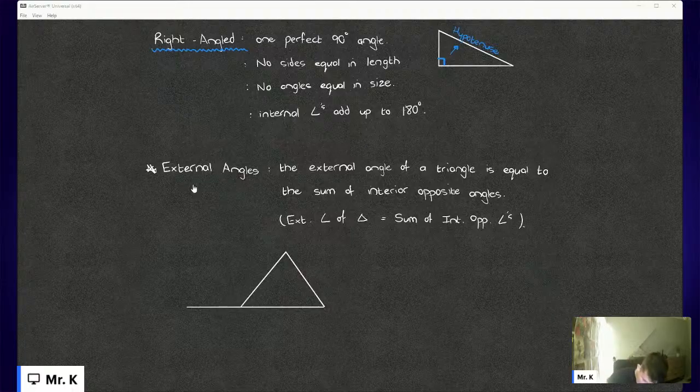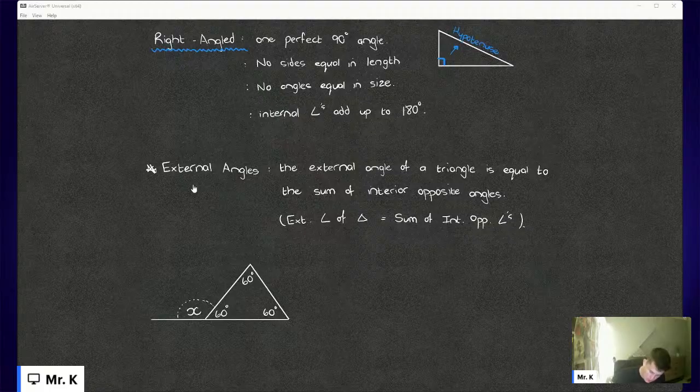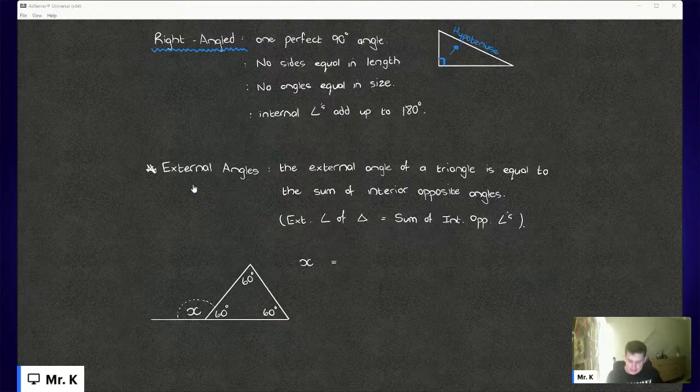Let's say this is an example of an equilateral triangle. So we have 60 degrees in all three angles, and you are asked to identify angle X, which sits on the outside over here. You would be able to say that this external angle on the outside of a triangle is equal to the sum of the two interior opposite angles,